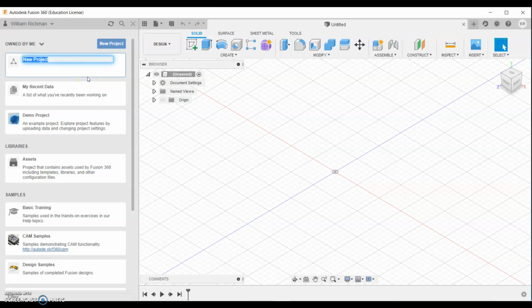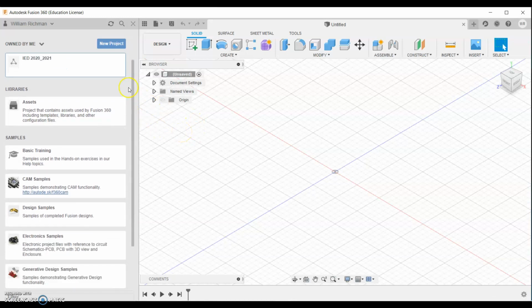We're actually going to create a project, and this project is going to be for your entire class. So depending on what class you're in, you will type the start name of the course and then the year. If your class is ID, it'd be ID, SEM would be SEM, POE, etc. And then enter, and that allows everything we do this semester to go into this project,